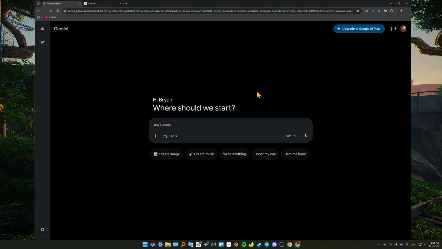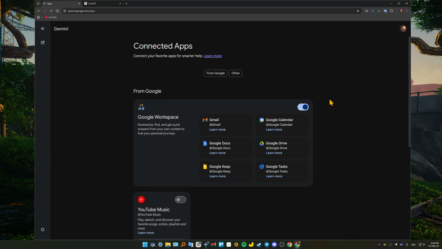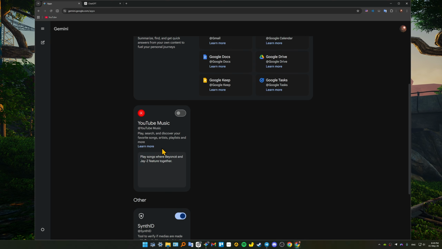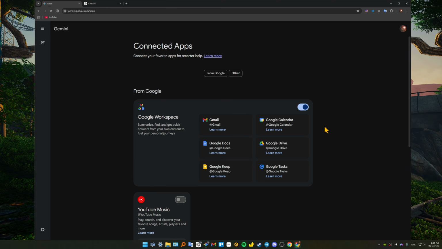Also, if you want to activate the extensions, you can go to Gemini settings and then extensions, and then just toggle on, as you can see, this Google Workspace button. This is the simple conversations and integrations, something that ChatGPT still struggles to do natively. So the switch will now be